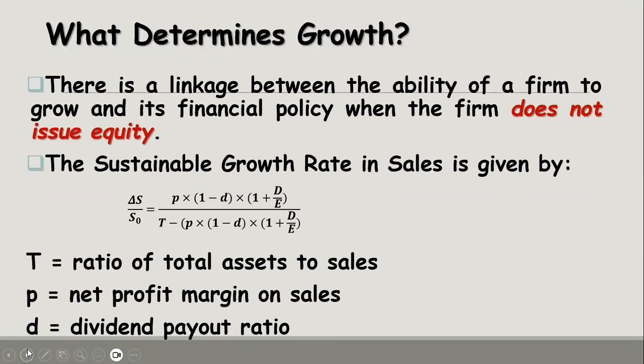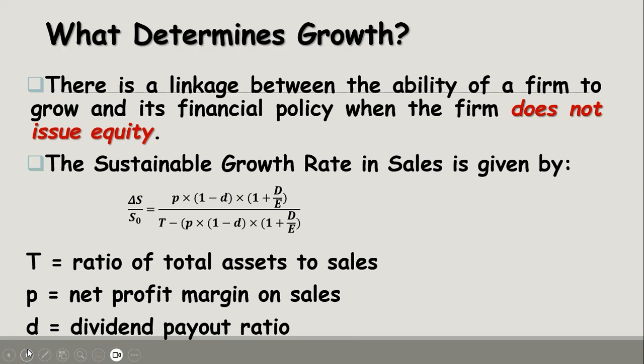There is a linkage between the ability of a firm to grow on one side, and on the other side, its financial policy, when the firm does not issue equity. Funds requirements are met either by issuing equity or by taking on debt. The sustainable growth rate in sales is given by the change in the sales,